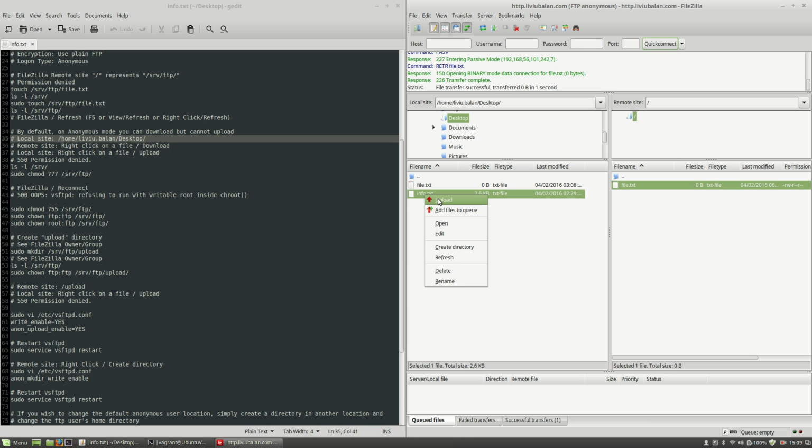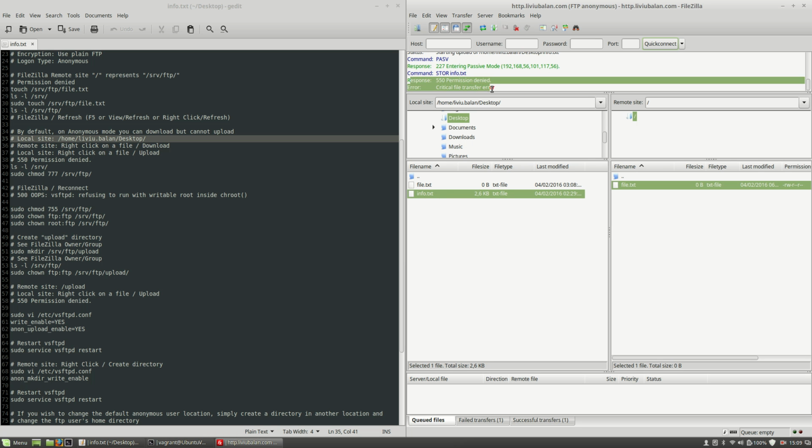So I will right click on it and choose upload, and as you can see here, I am getting an error from my FTP server: 550 permission denied, critical file transfer error. This is because by default in anonymous mode you can download but you cannot upload. Okay, in order to fix the problem, let's see